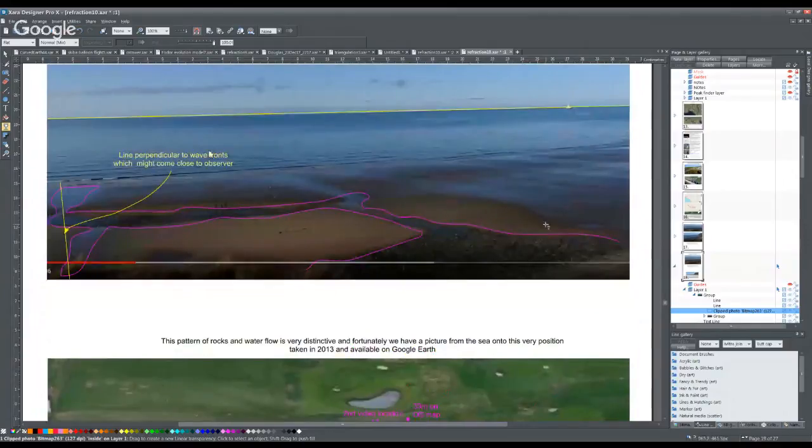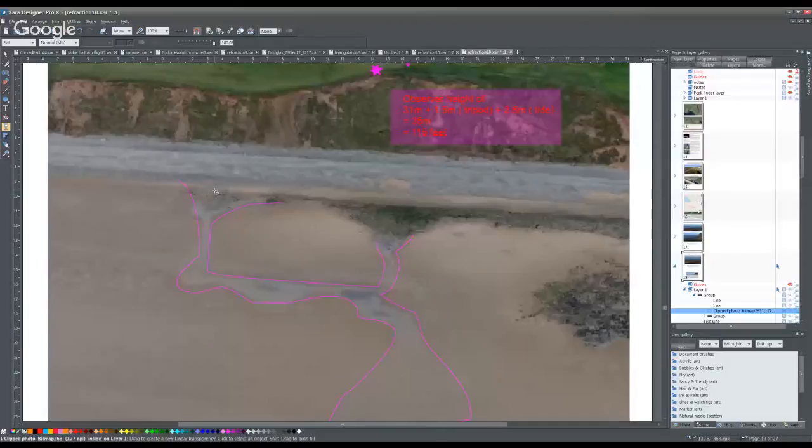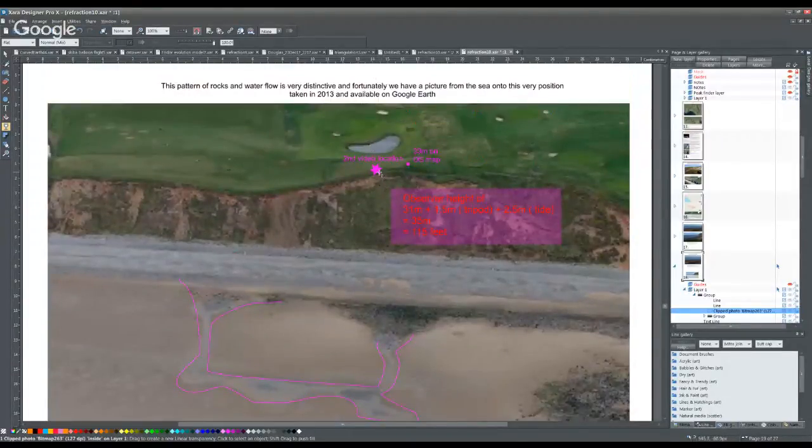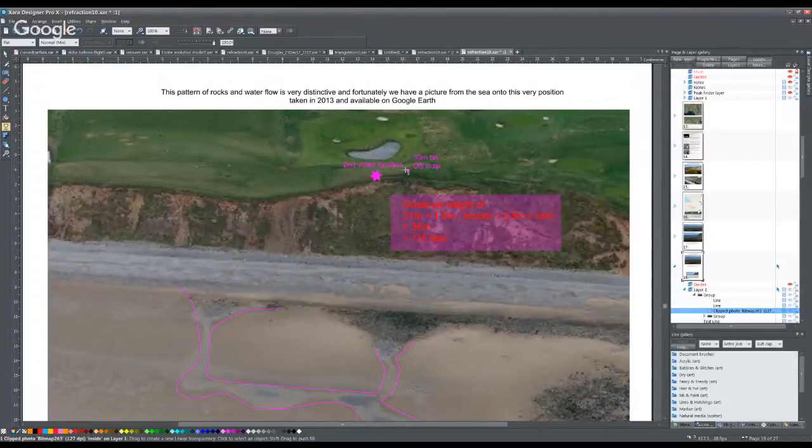From the shape of these rocks you can work out where he is. This is the shape, sort of funnel shape. This is another picture from it showing the sort of bar here, and there's a distinctive sort of funnel with a bar, two sets of rocks in it coming back at you, and you can identify from pictures taken from the sea where that is. And it puts him just about here, which is very close to a 33-meter high point. He's not quite at the high point because the high point